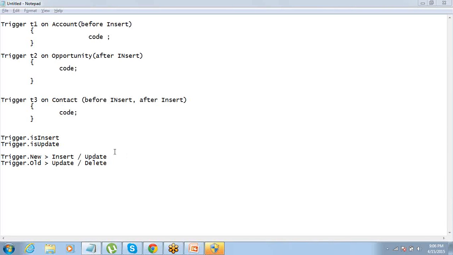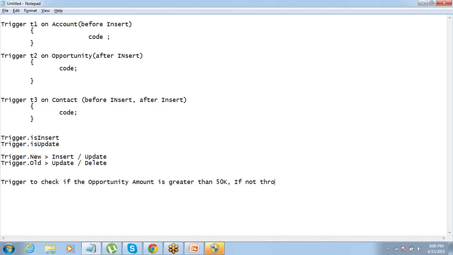So that's about the basics. Now let's just create a small trigger and try to understand that. So let's create a trigger to check if the opportunity amount is greater than 50,000.